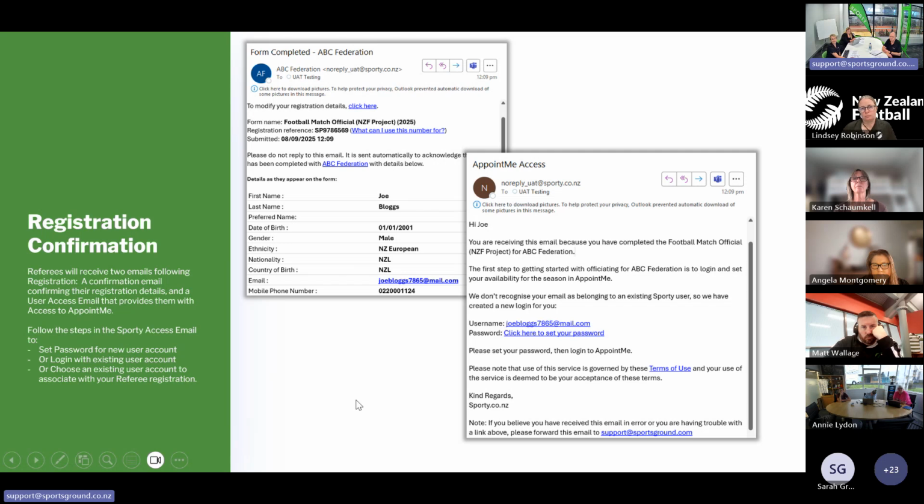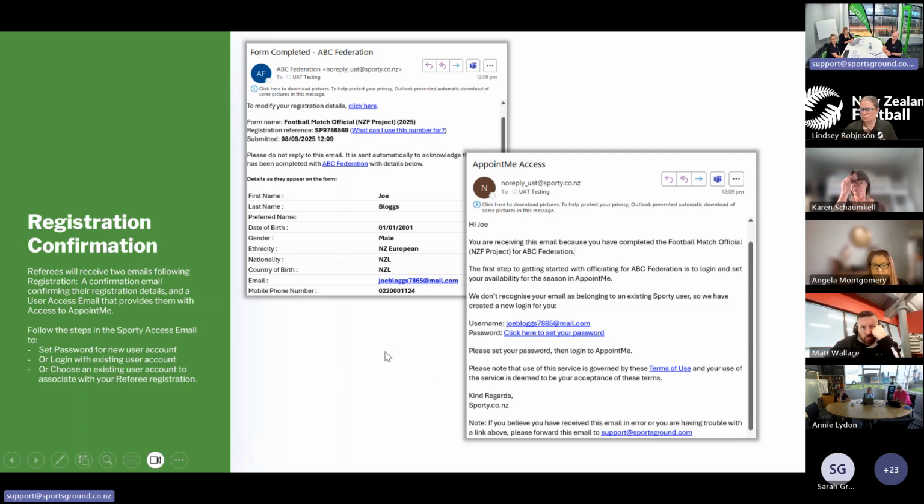This is an example of the emails that the referees will receive. So all of your referees will be receiving this when they come back to re-register. They'll receive a confirmation email, and most importantly, they'll receive this access email to Appoint Me. This is important, that they need to follow this process and click and log in and set their password so that your referees will have access to Appoint Me.